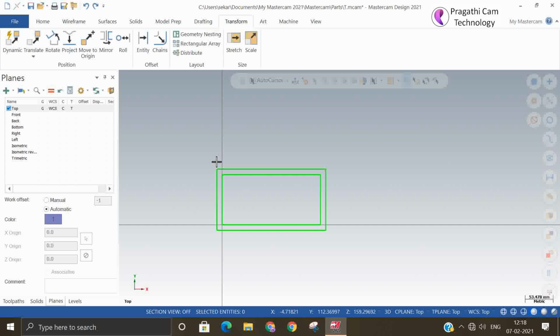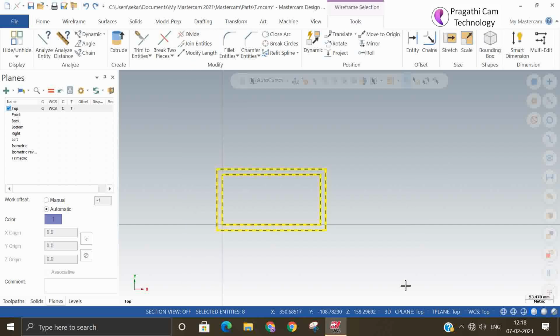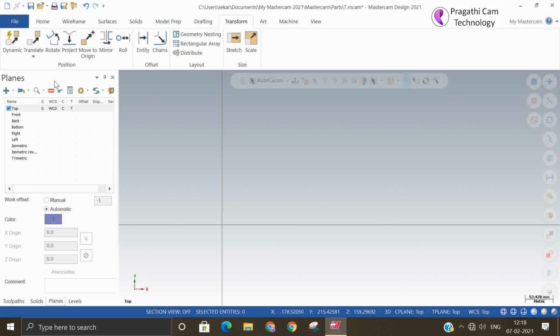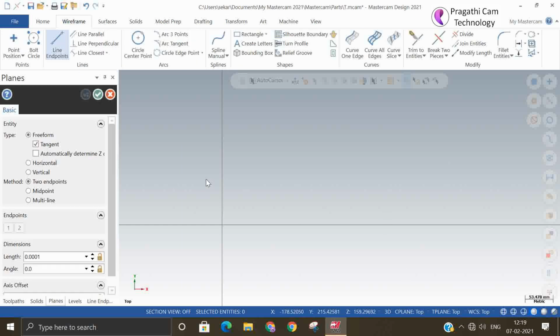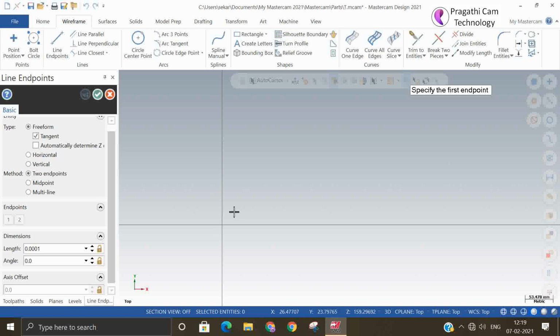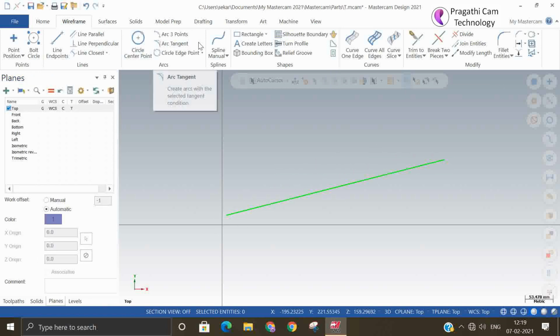So next we are going to see the distribute. I made one line.